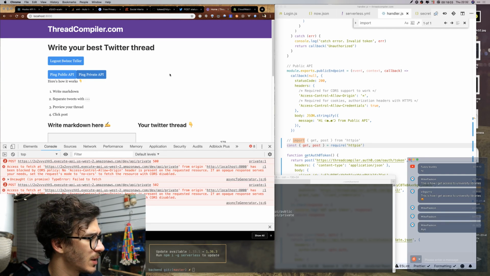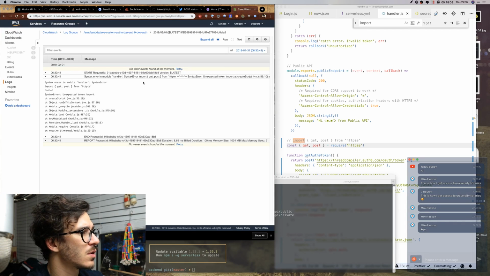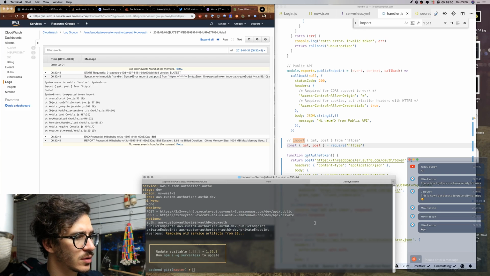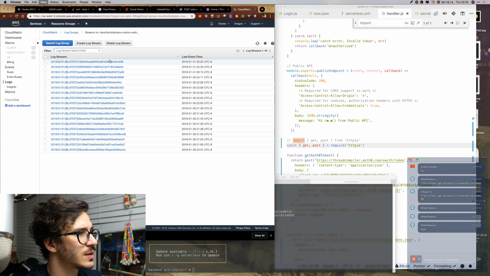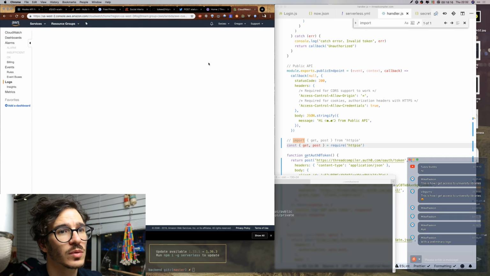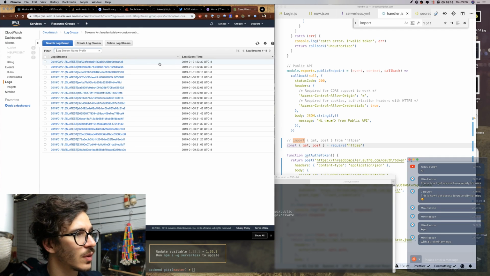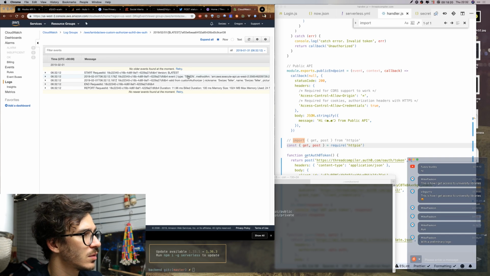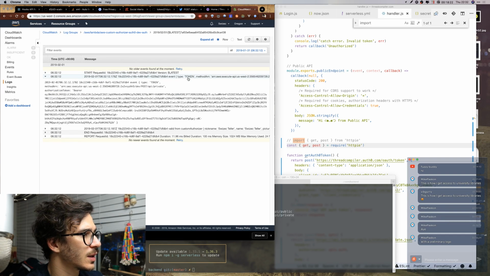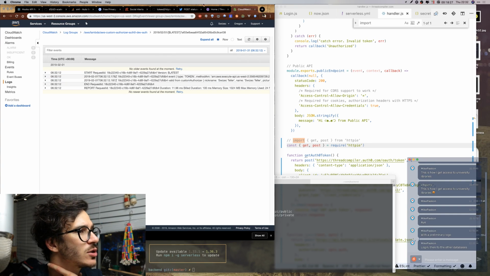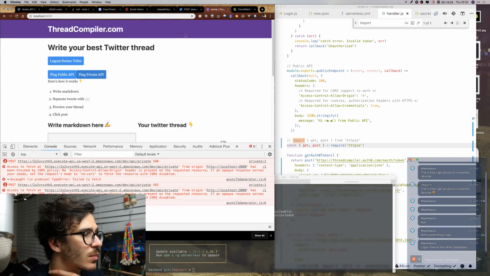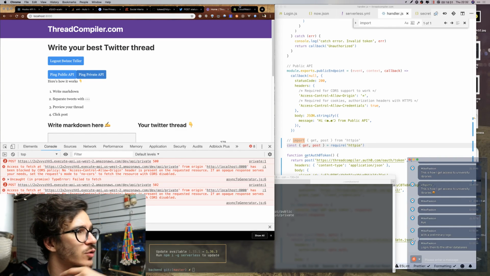Ping private API. So that is still bugging out. Why is that bugging out? So type token, what? From custom authorizer. Wait, did that actually work? 502 error.